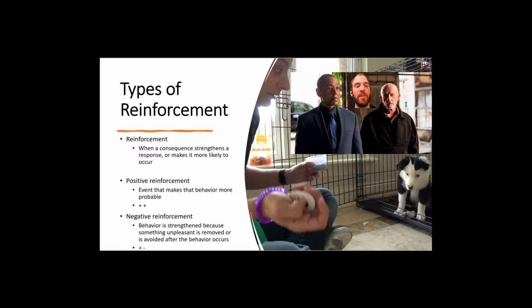Negative reinforcement: behavior is strengthened because something unpleasant is removed or avoided after the behavior occurs. So an example here is if I really wanted to eat a Burger King spicy chicken sandwich, but I know I have horrible acid reflux. But I'm like, screw it, I'm getting 2 spicy chicken sandwiches. The idea here is that acid reflux is going to hold me back from getting what I deserve, and that's 2 spicy chicken sandwiches. So what I do is I take an antacid pill. In this case, the antacid is reducing my acid reflux, so it's acting as a negative reinforcement.